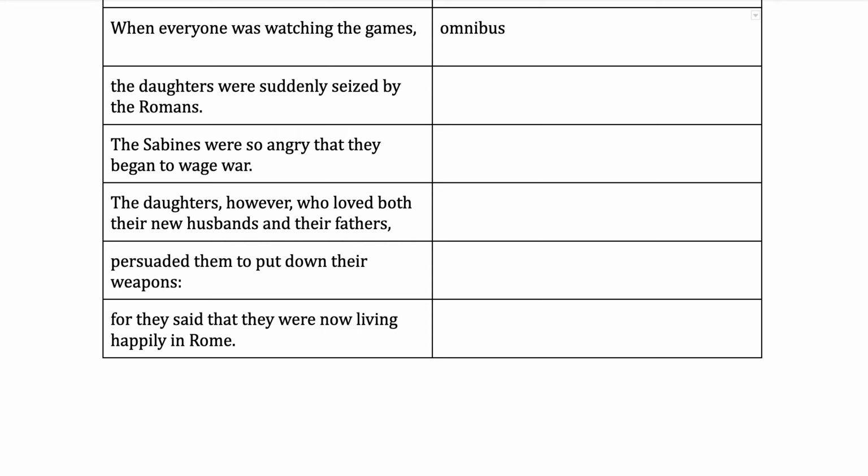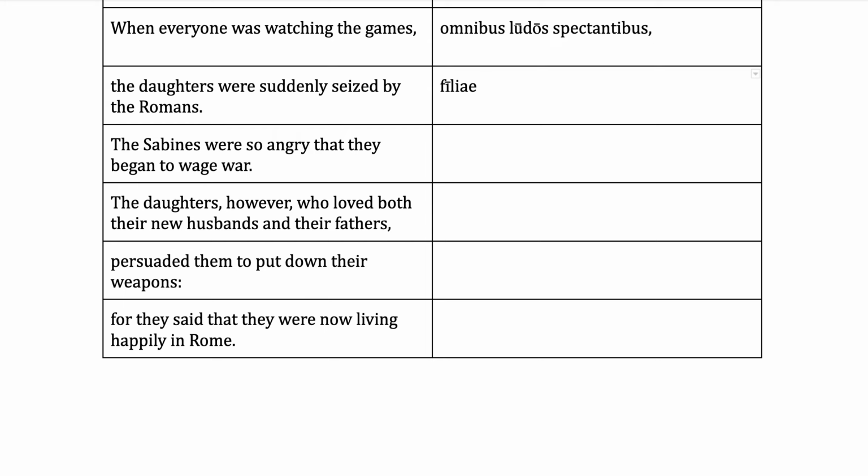And then the games are the object of the verb, so therefore ludos, again, as we had before, accusative plural. And then watching, the verb is spectare, the participle is spectans, but we want plural because it's everyone, and we also want ablative because it's an ablative absolute. So that would be spectantibus. So with everyone watching the games, the daughters, so a daughter is filia, plural filiae, and then after that